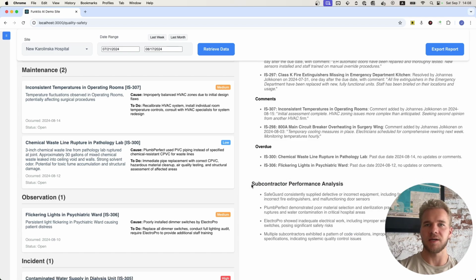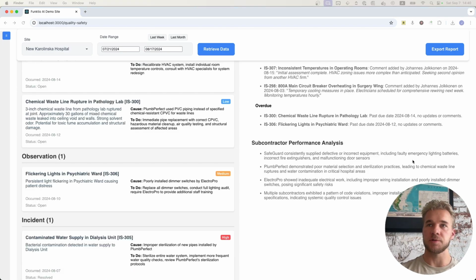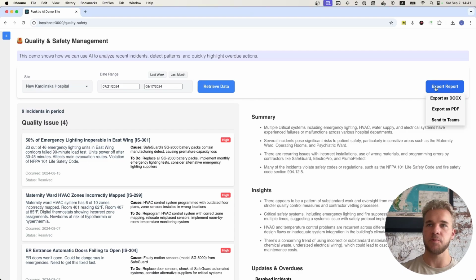And like so, we now have this additional section where we get some more details about the various subcontractors that are present in our sample incidents and ways in which there have been persistent issues in their service in this selected period. And then of course we can also export this document, this report, out of this UI, either as a Word document,